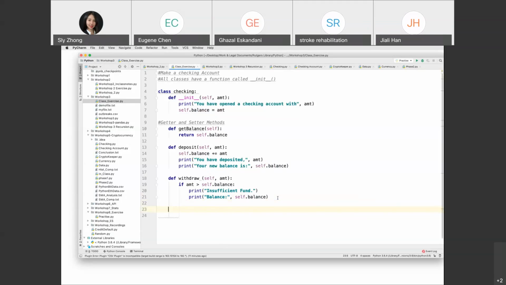And now, if we want to withdraw an amount that's not more than what we have, the system would allow the user to withdraw. So for self.balance, which is the opposite of what we have for deposit, we use minus equals. So we minus the amount that we withdraw